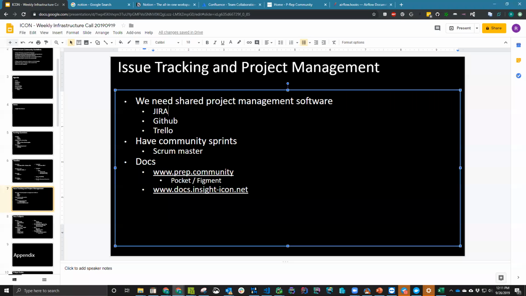Yeah, no, ICON has to be approachable. So we don't want to put a barrier to entry where you have to learn a platform before you can be a part of the P-Rep community or the ICON community or DApp community, whatever area they're wanting to participate in. We can't have these barriers to entry. So that's why I don't think that an existing platform would make sense, because those existing platforms are meant to do so much more, or do so much in a different area than what ICON would need. So this does need to be something that is built in-house if we want to truly be an approachable platform,